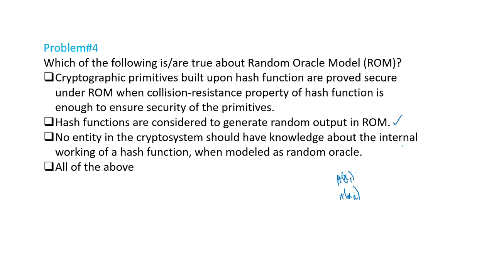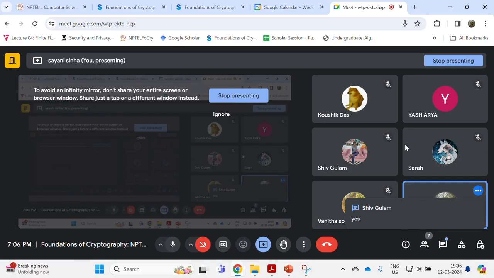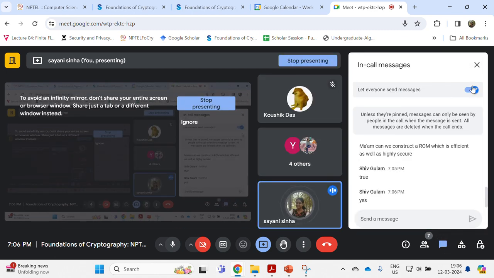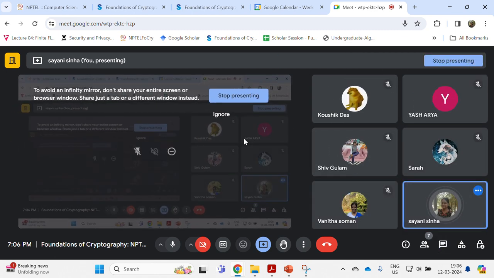Is this true? It is true, right? Shiv Gulam is saying yes. Yes, it is true.